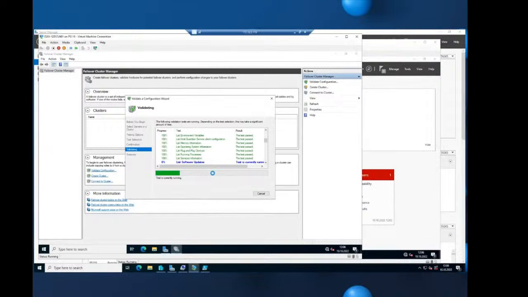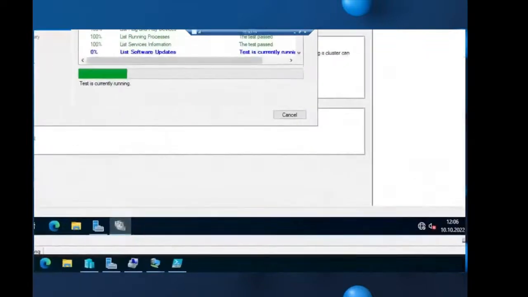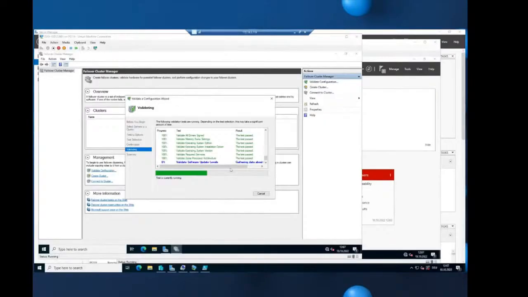And this will take a few seconds till this has finished. So the test is currently running. Software update level, now it's